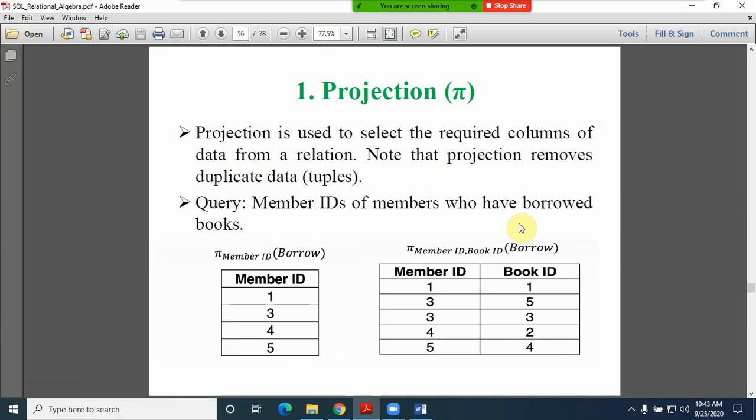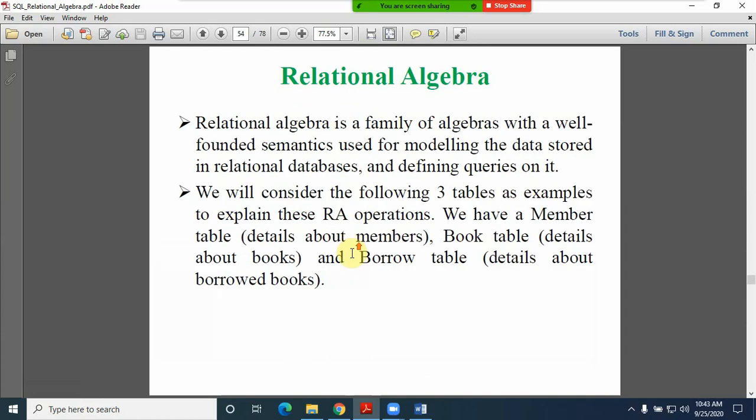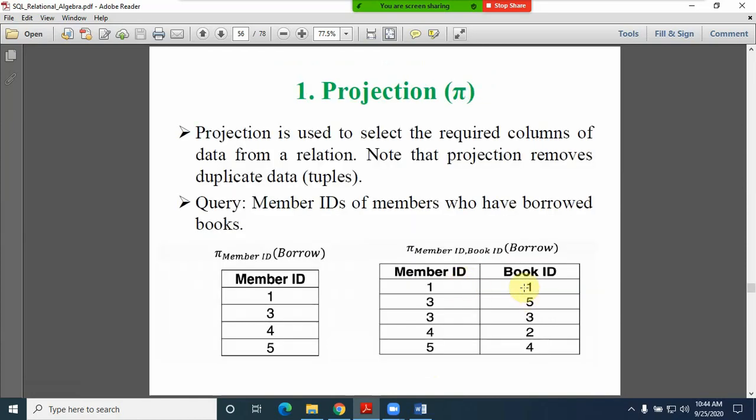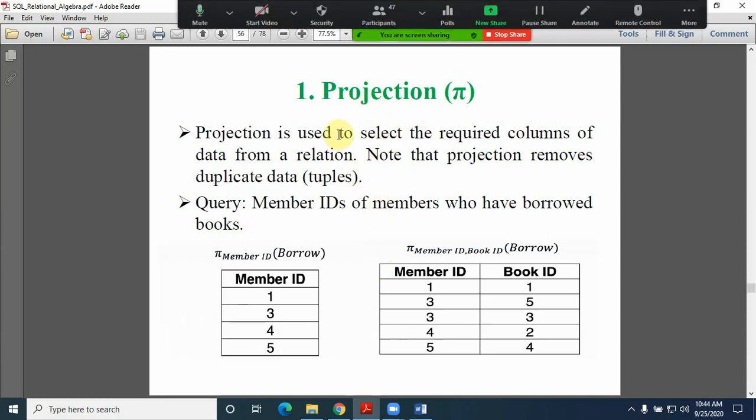And if you are referencing the representation of the pi, so pi member ID along with the book ID, which book he has borrowed. Along with this, we only need to observe the books borrowed by these members. As per the definition of projection, the projection removes the duplicate data, it won't repeat the data. Whereas in the case of selection in SQL, if you have any repetitions, then those will be outputted. But in relational algebra, the projection removes the duplicate data.